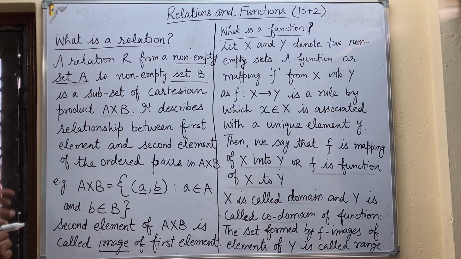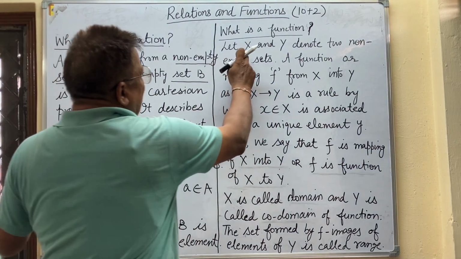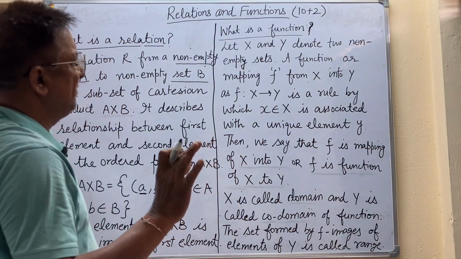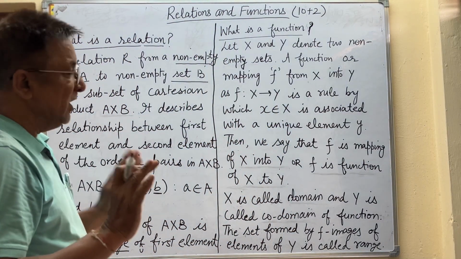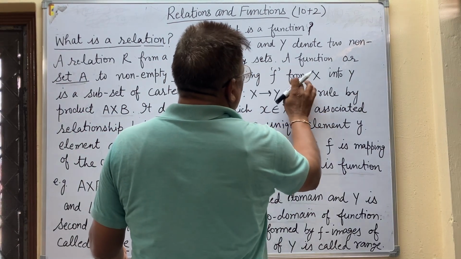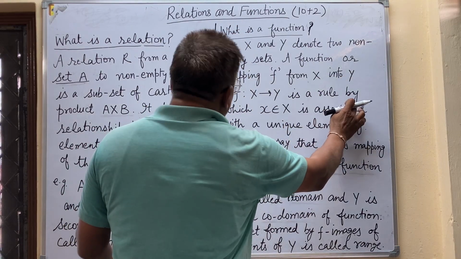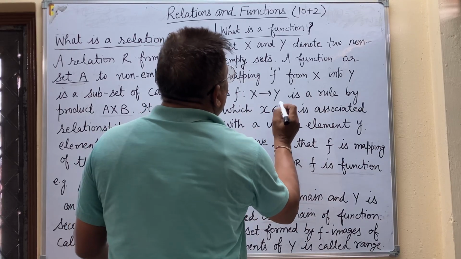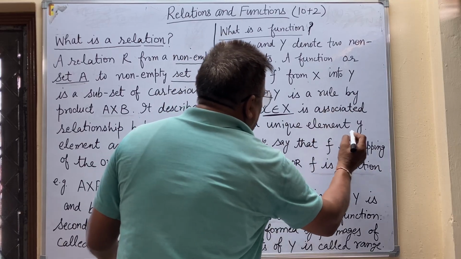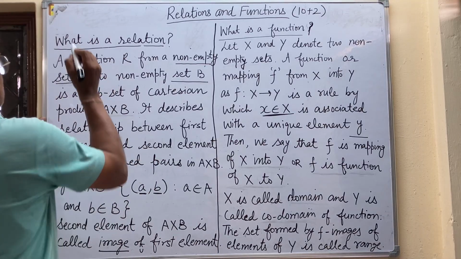What is a function? Function is somewhat different. Let X and Y denote two non-empty sets. Non-empty set means at least one element should be there. A function or mapping f from X into Y, f mapping from X to Y, is a rule by which x belonging to capital X is associated with a unique element of Y. What is the meaning of it? Suppose I am taking